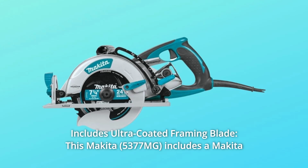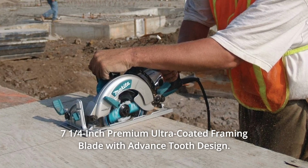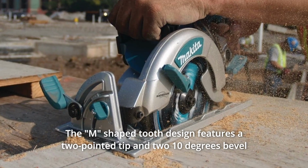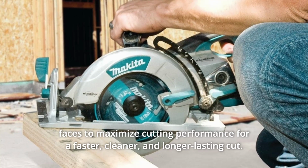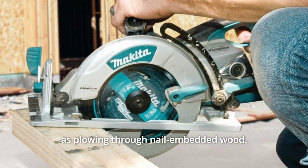Number 2. Includes ultra-coated framing blade. This Makita includes a Makita 7¼ premium ultra-coated framing blade with advanced tooth design. The M-shaped tooth design features a two-pointed tip and two 10-degree bevel faces to maximize cutting performance for a faster, cleaner, and longer-lasting cut. The carbide tips are specifically set to withstand the harshest conditions such as plowing through nail-embedded